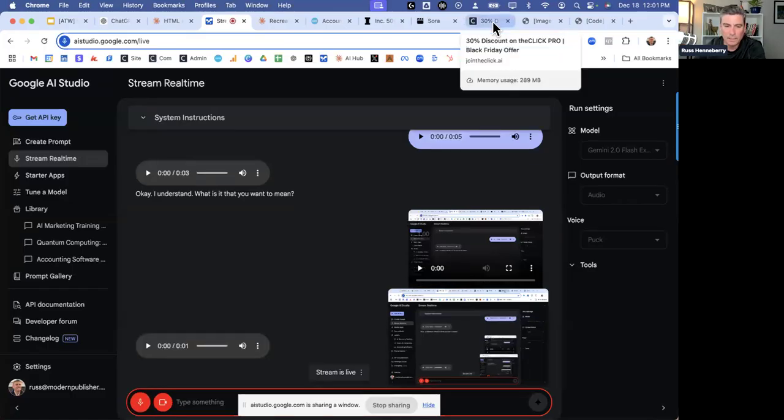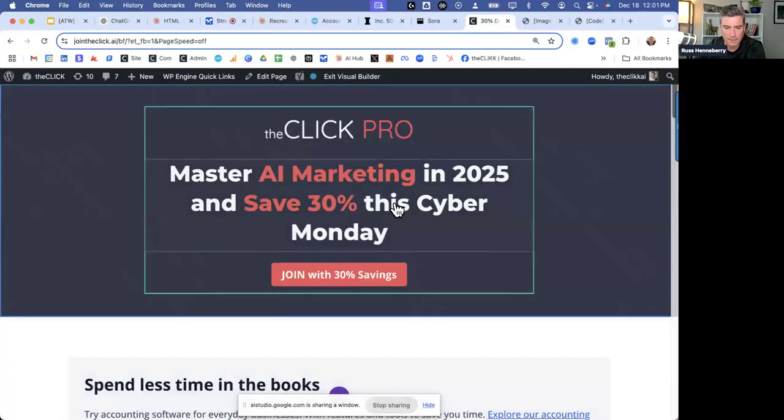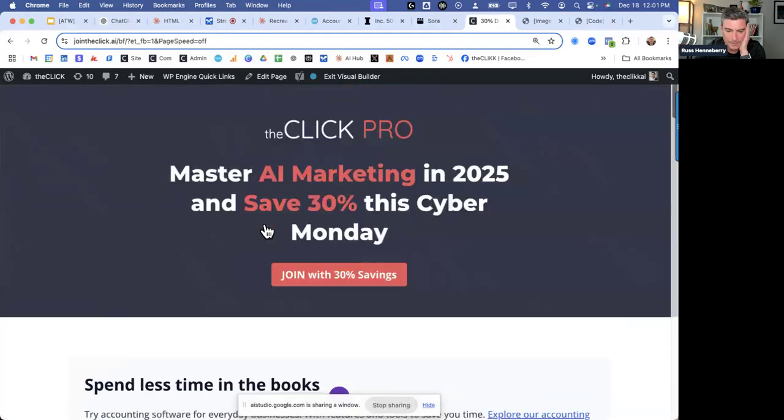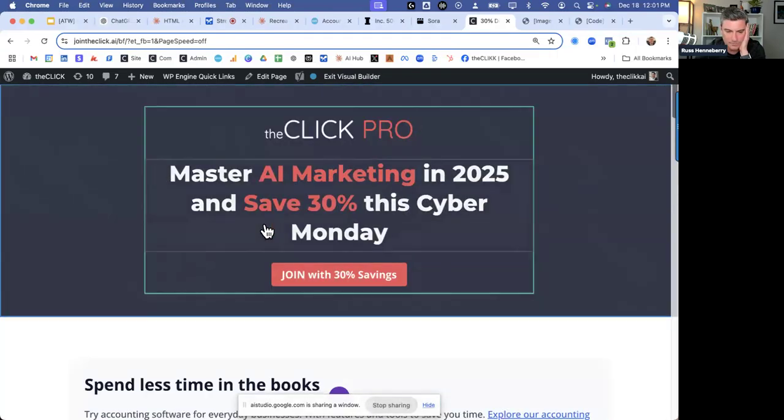Cool. So what I'd like to do is take a look at this landing page here, and I really want to work on the contents of this landing page. Like, I want to make it better so it converts better. What do you see on this page right now? It looks like you want to improve the content on the landing page to make it convert better. Is that right?